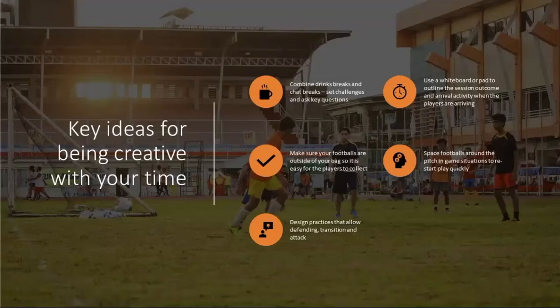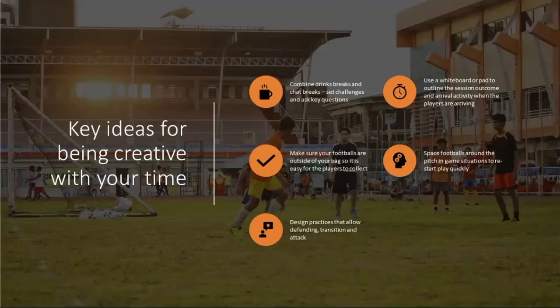Something I saw that I thought was really impactful was a shout out board. So the coach would put a whiteboard on the side of the pitch, every player's name down the side, and then every break, the challenge was if you've noticed someone else do something really good, give them a shout out. So you went and wrote in something next to their name about what you liked about what they did. And that could be something technical. It could be that someone gave you a thumbs up. It could be that just someone came and made you laugh. It doesn't matter. It depends on the age and stage of the players.